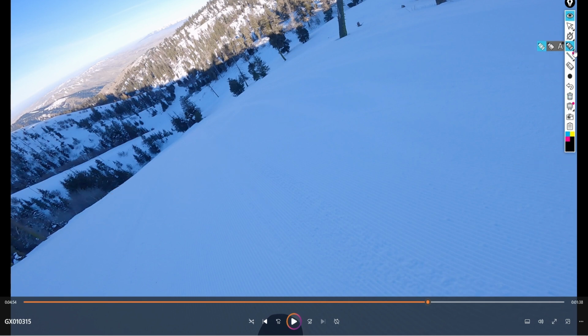So as I go down this, if I hit my toe side, I'm going to turn that way. If I hit my heel side, I'm going to turn that way, right? This isn't the best video. I'll continue to find more, show a few more examples, but